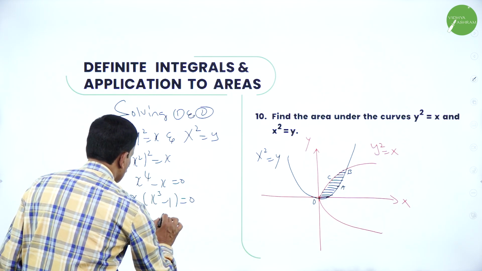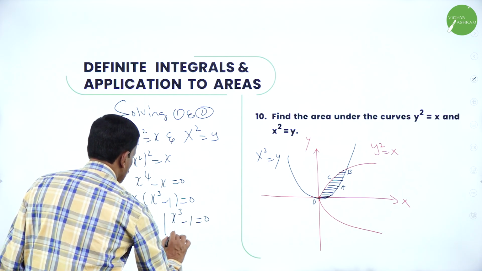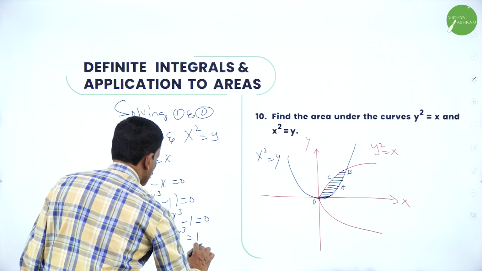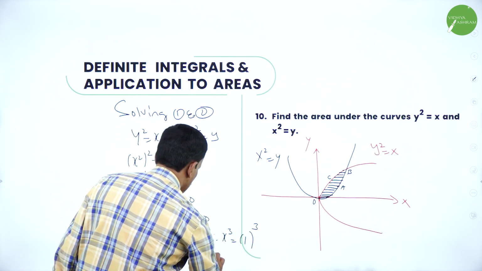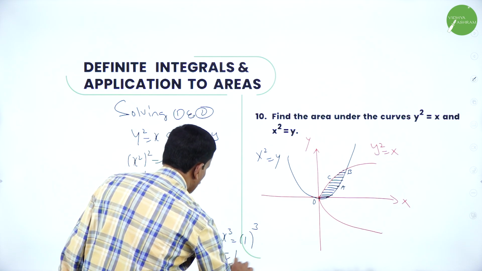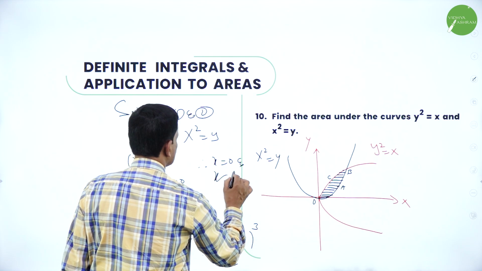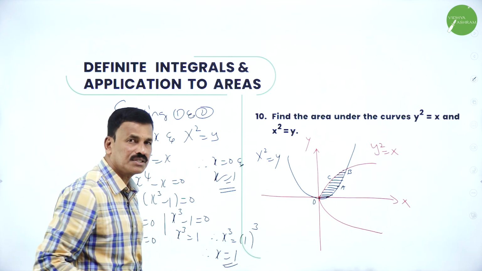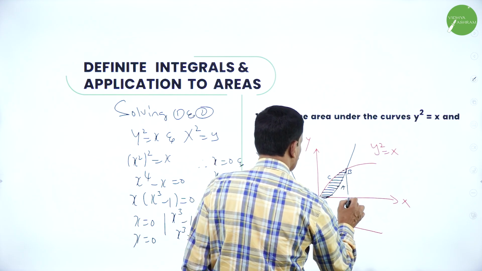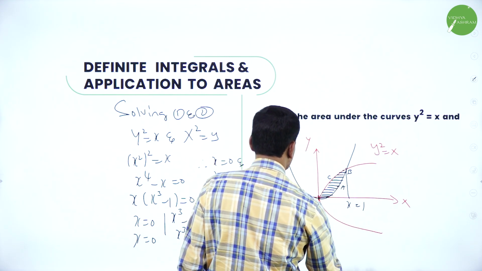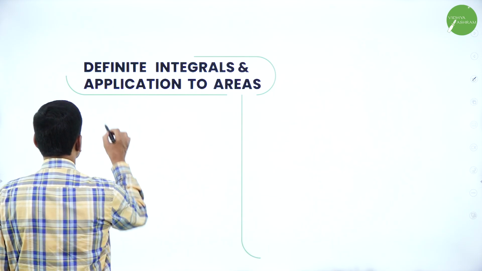X is equal to 0 or x cube minus 1 is equal to 0. X is equal to 0 or x cube is equal to 1. Therefore, this 1 can also be written as 1 cube, so x is equal to 1. The points are x is equal to 0 and x is equal to 1, right? So here this is x is equal to 0 and x is equal to 1. Now therefore the required area is equal to